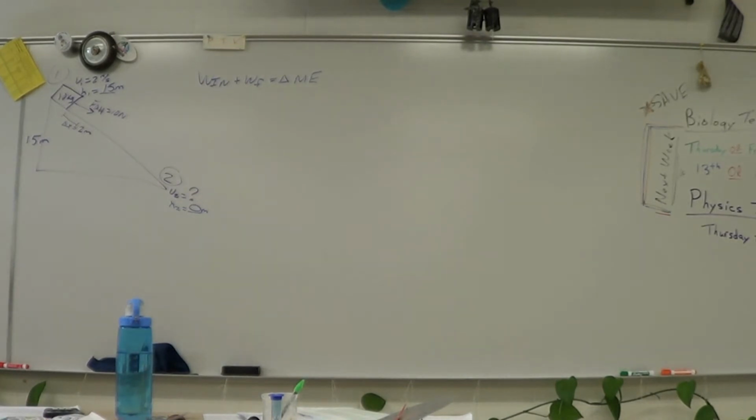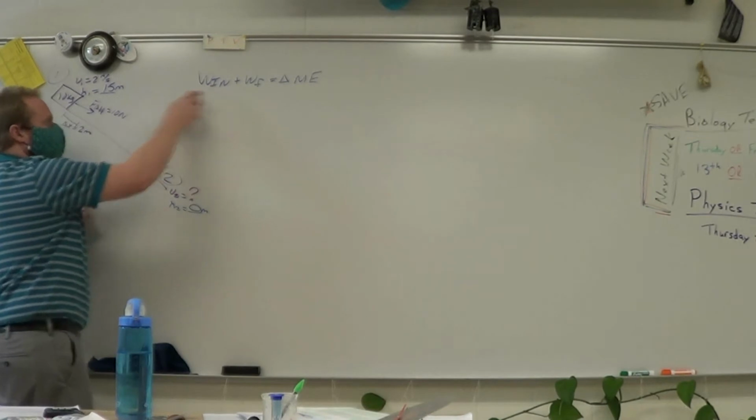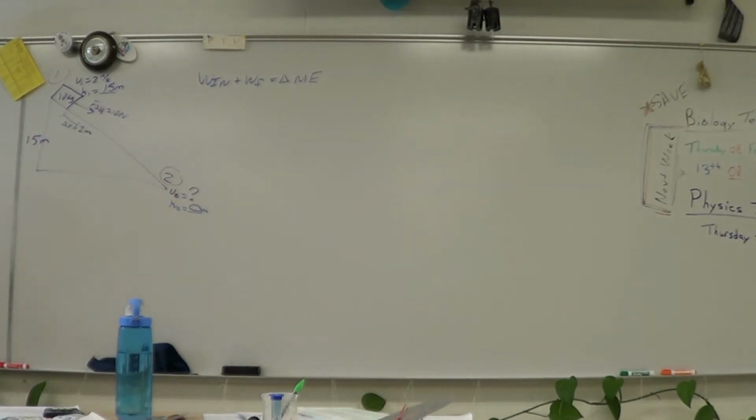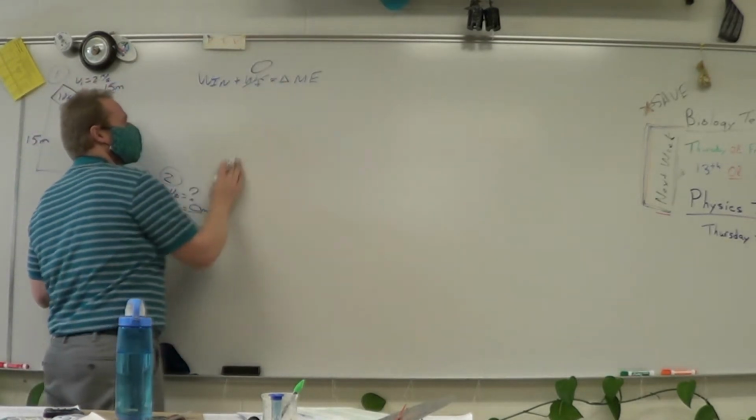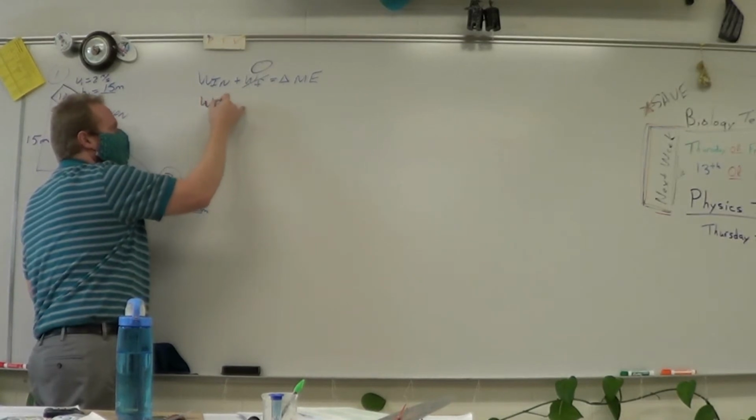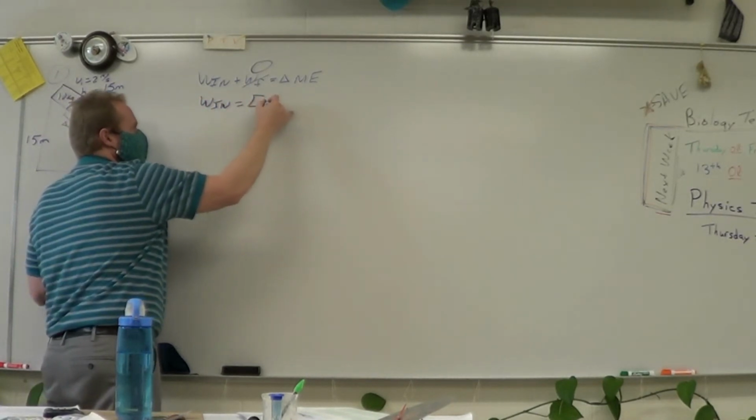If there was no work in, and if there was no work done by friction, then it'd be ME1 equals ME2, conservation of mechanical energy. However, it's not. Is there work being put into the system? Yeah, because there's an applied force and a displacement, then we have some work in. Is there work being done due to friction? No, because it says it's a frictionless hill. So because it's a frictionless hill, there is no work being done by friction. And then we can say work in is equal to ME2